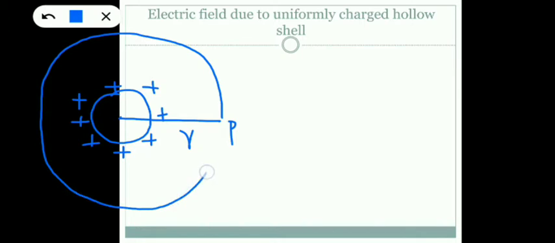Our aim is to find out the electric field at the point P by applying Gauss's law. And you know, in order to apply Gauss's law, the first step is to construct a Gaussian surface, and that Gaussian surface must enclose this point P. So here I am going to construct a Gaussian surface like this, which encloses the point P. Okay, and you remember the Gaussian surface must be a closed surface. So our Gaussian surface is in the form of sphere.